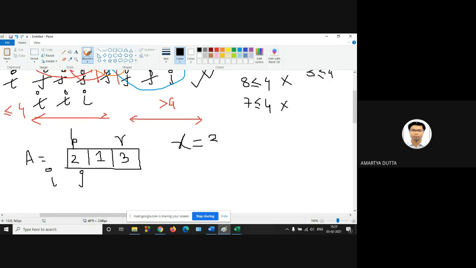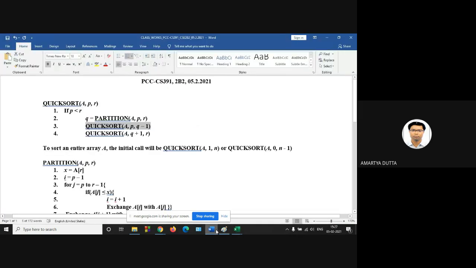Here, this is 3. Why 3? Because X is equal to A[R]. In the partition function, X is equal to A[R], line number 1.